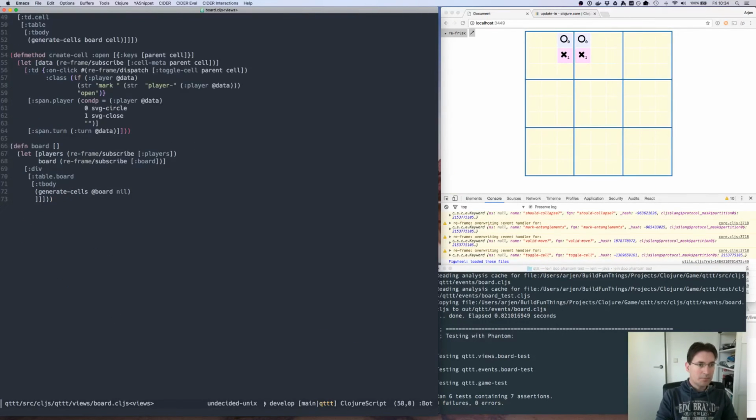And then, let's see, so we have the data, we have the cell, parents, cell, mark the player open, it's the player data, player 1, player 0. So either there's a player or there's an open field. If there is a player, then we need to add